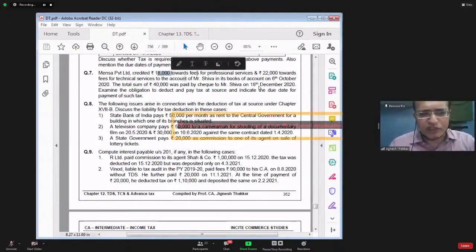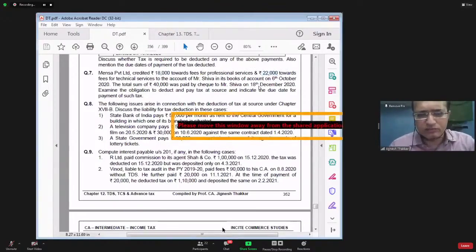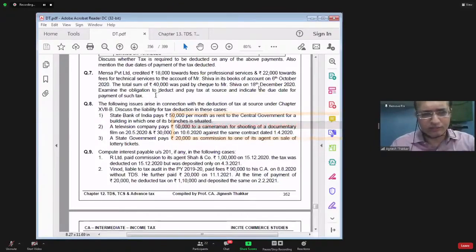18,000 professional fees is paid. 22,000 technical services. So each payment is less than 30,000. Professional fees, there is a separate limit of 30,000. Technical services, there is a separate limit of 30,000. Yes or no? So TDS is not required to be deducted, because the individual payment